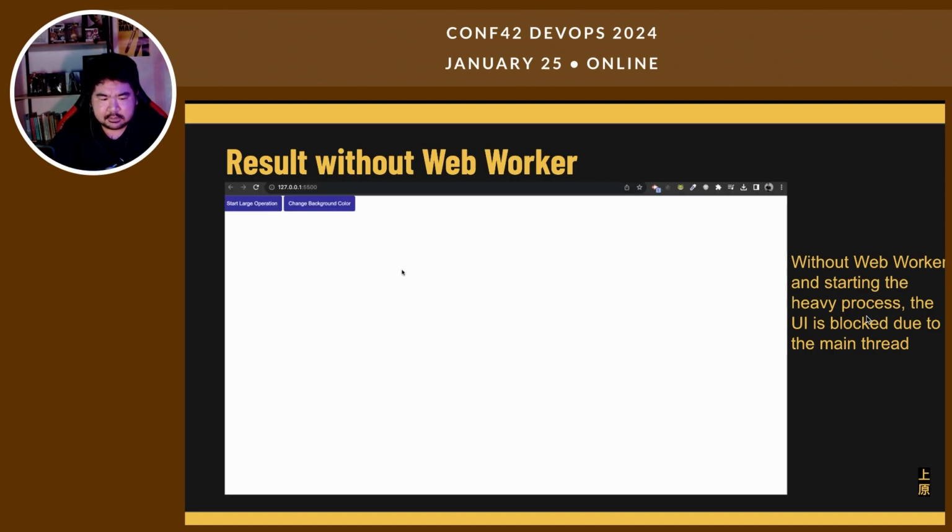So let's see. I clicked on the first button and I can't click on the second button because the main thread is blocked until the large process is finished and the main thread is free. Okay,